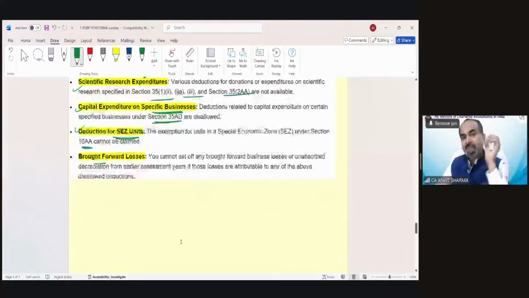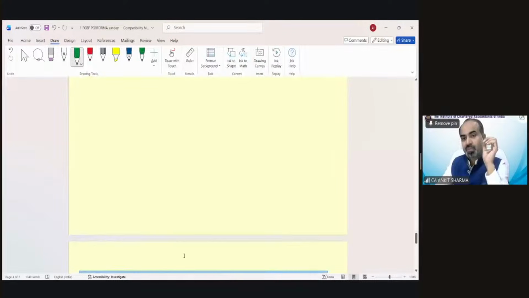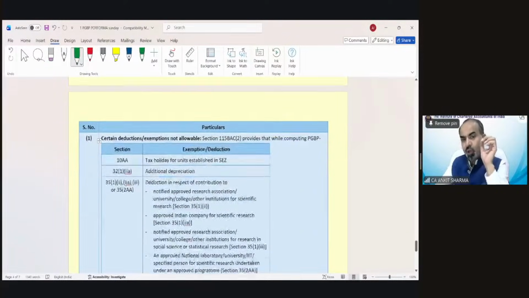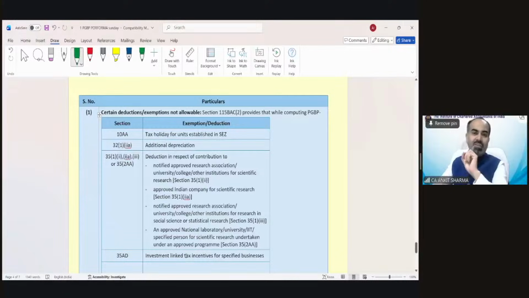So you should make a short note for every chapter that under default tax regime, these are not allowed. You must have gone through the salary topic also. Under the salary head also, there are certain deductions not allowed under default tax regime. So it's my advice, before every chapter, take a special note or additional page and write down which deductions would not be allowed under default tax regime.